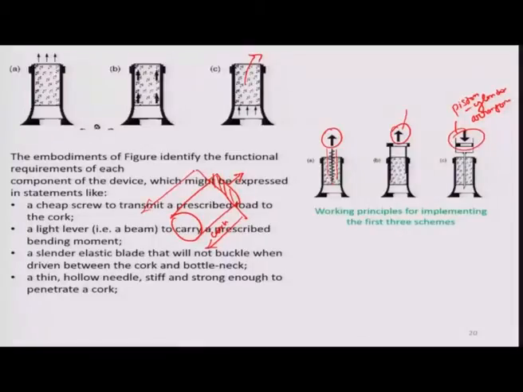Okay. It means these are your attributes for designing a cork opener. What is the cheap screw? It means cost. Second is a light lever to carry a prescribed bending moment, meaning light in weight.